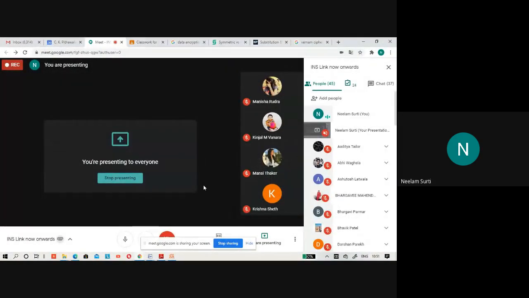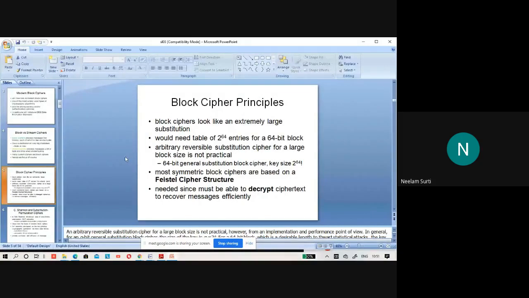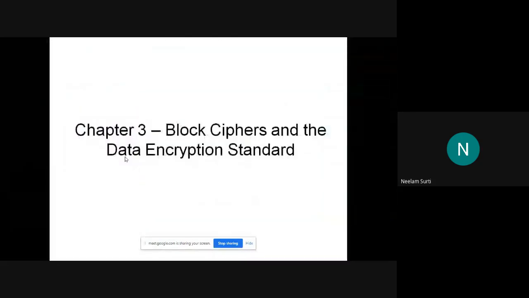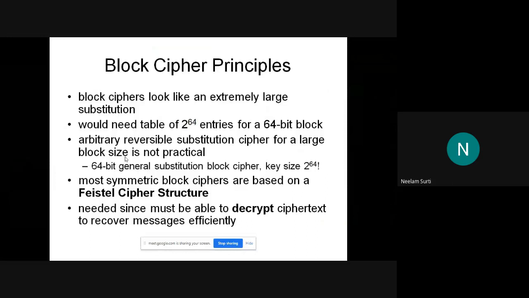To get it back, you should have a large amount of entries, and this large amount of entries is very hard to manage. So here, it is considered that for a 64-bit substitution block cipher, the key size is 2 raised to 64. It is huge, and from a brute force or any cryptanalytic point of view,